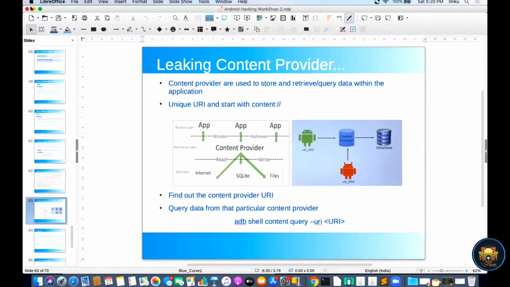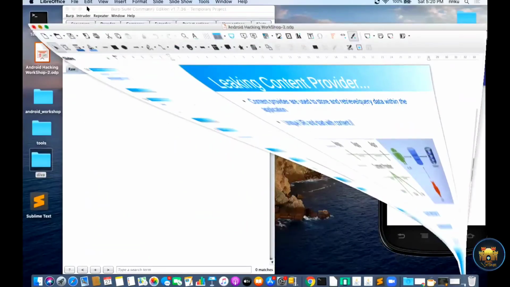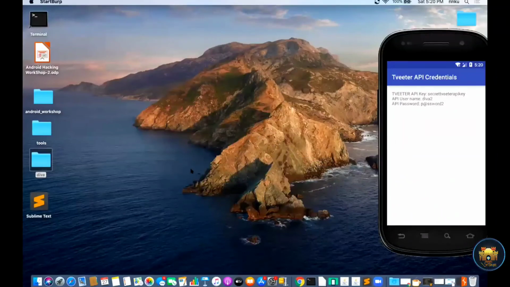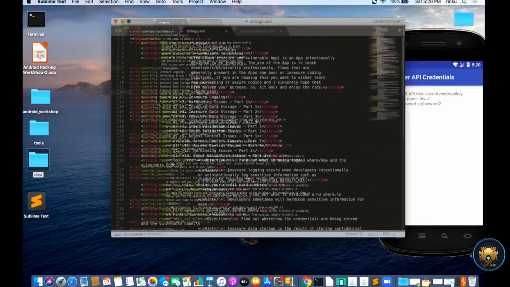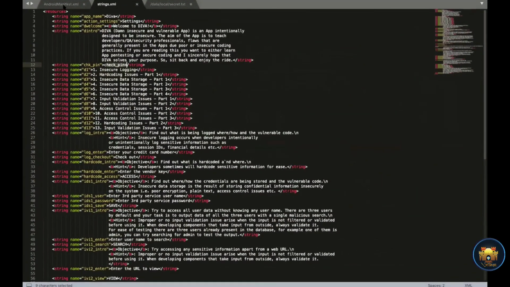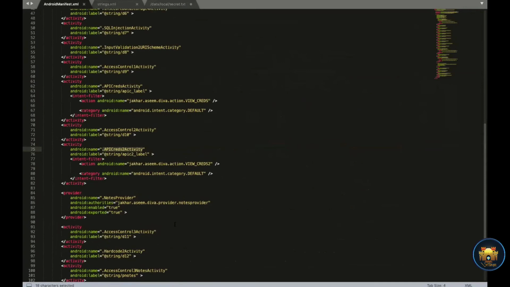So let's review this in the AndroidManifest.xml file. Going to the AndroidManifest.xml file here, check for the provider. Here is a provider.